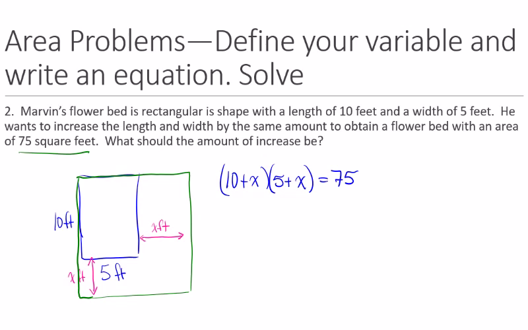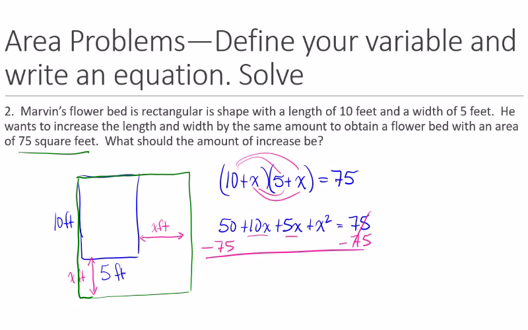All right, so we can distribute. 10 times 5 is 50. 10 times x, 10x. 5 times x is 5x. X times x is x squared. So then we combine like terms. And I'm also going to subtract 75 from both sides. So I get negative 25 plus 15x plus x squared equals 0. I can rearrange that. X squared plus 15x minus 25